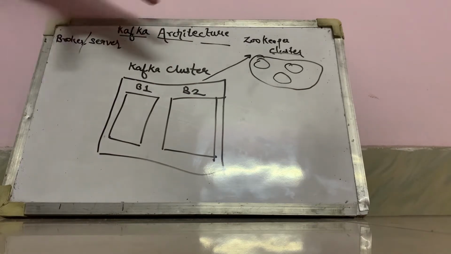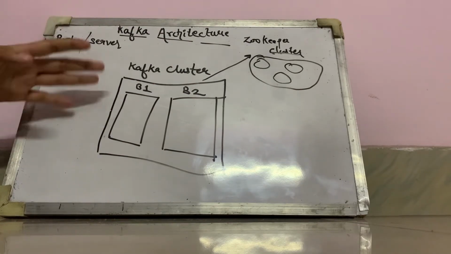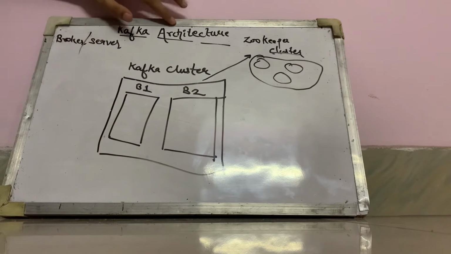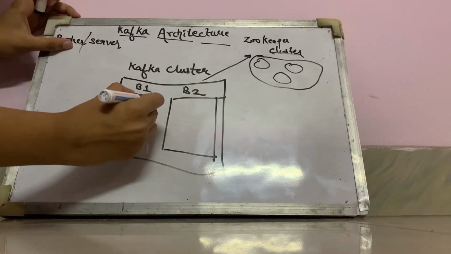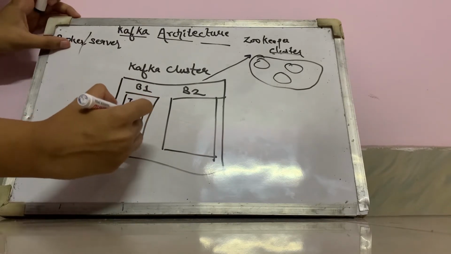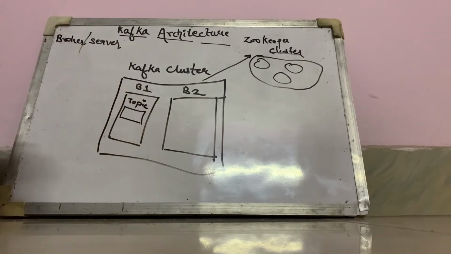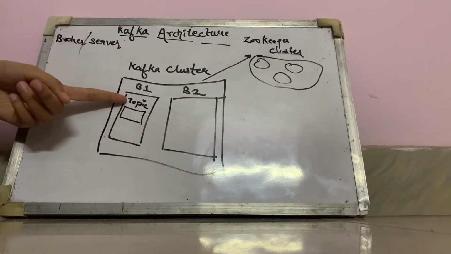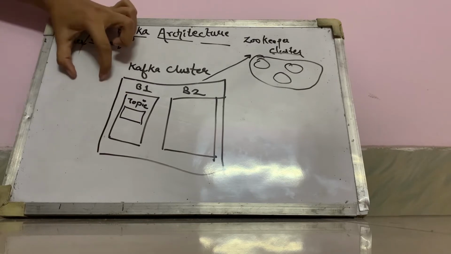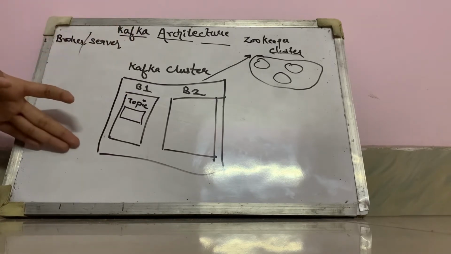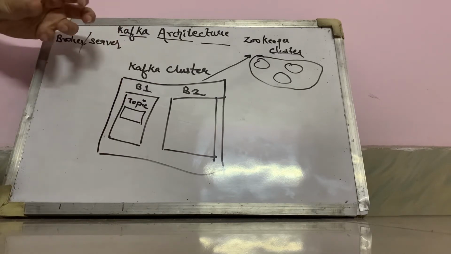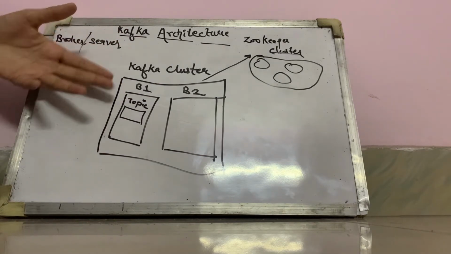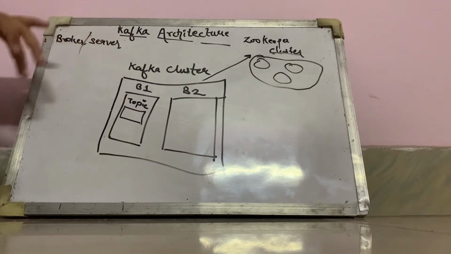We will learn about each term more deeply in our next videos. This is just the Kafka architecture, how Kafka is internally. So in a broker we have a topic. By the name, a topic will contain all the similar data in itself. It contains the messages belonging to a particular category. That is what a topic is.